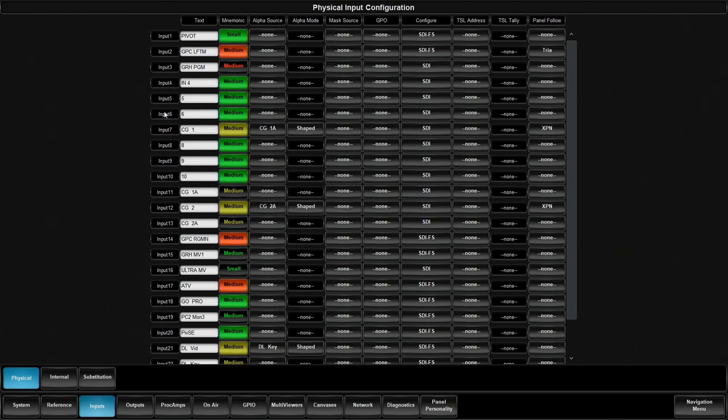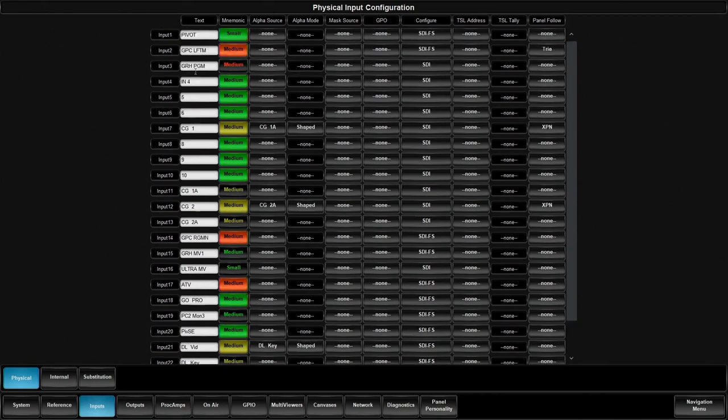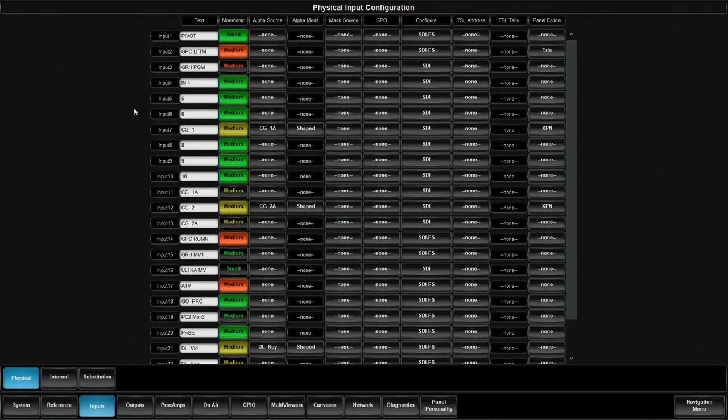So your physical inputs are hard-coded to SDI input 1 through 24. Now we're in an HD mode, and what you will see when you go into UHD mode is the physical numbers will still match the label of the IO which is supported. And that's 1, 2, 3, though if you choose 3, 4, 5, and 6 can be grouped together as a single quad link input in either quad square division or 2SI. So input 7 can be paired up with 8, 9, and 10 to generate another quad square division or 2SI